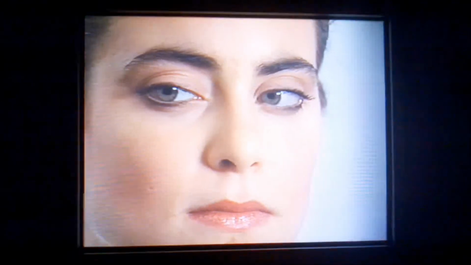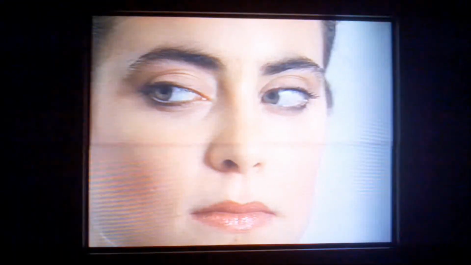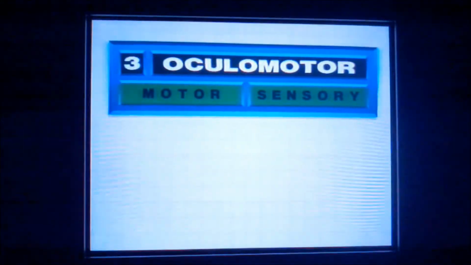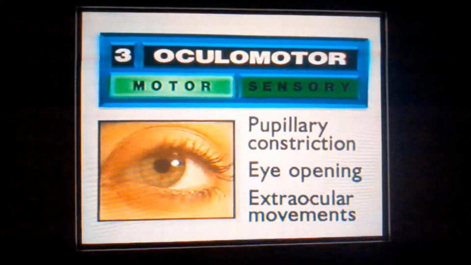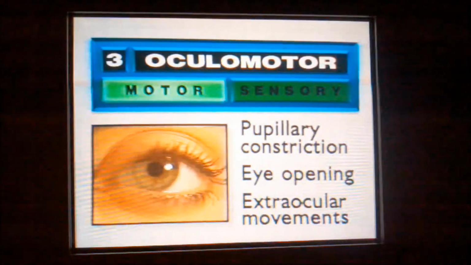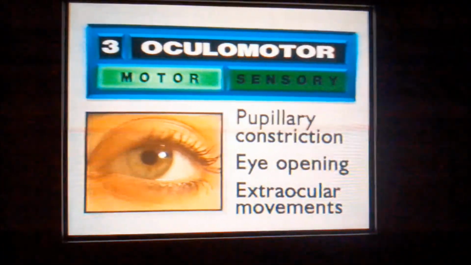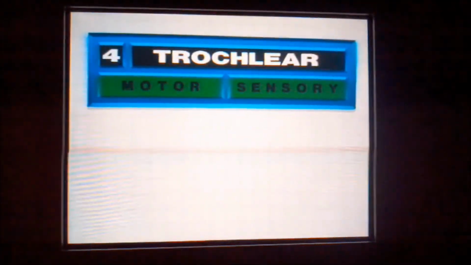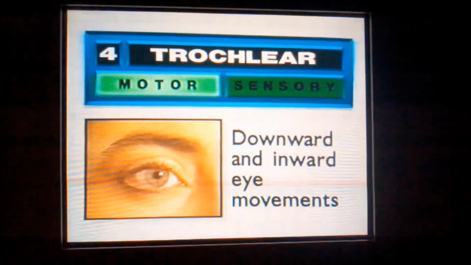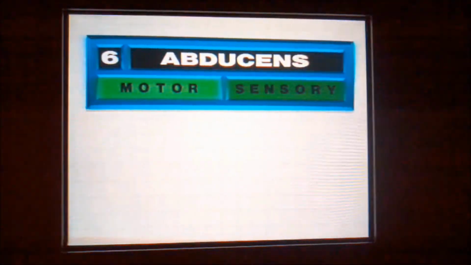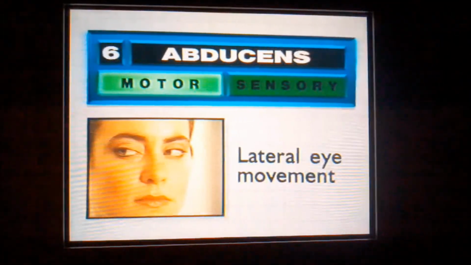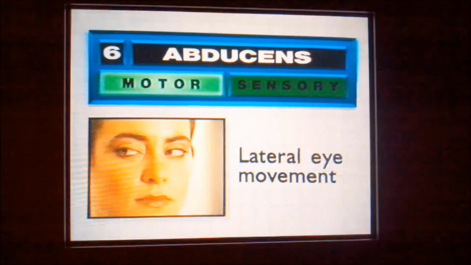Next, assess the 3rd, 4th, and 6th cranial nerves. The 3rd cranial or oculomotor nerve is responsible for pupillary constriction, eye opening, and most extraocular movements. The 4th cranial or trochlear nerve for downward and inward eye movement, and the 6th cranial or abducens nerve for lateral eye movement. To assess these cranial nerves,